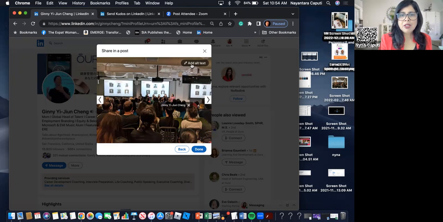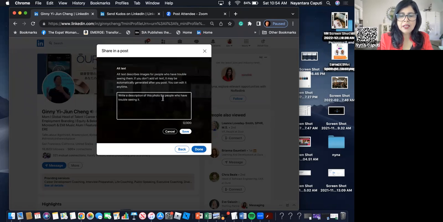But maybe I'll just write the alt text. I've never gone back and edited the alternative text on an image, so let me do it now. And it's also one more thing for you to learn. Basically, the alt text is for when people are looking at a post and they are visually impaired. They can't see the photograph, so they use a screen reader,